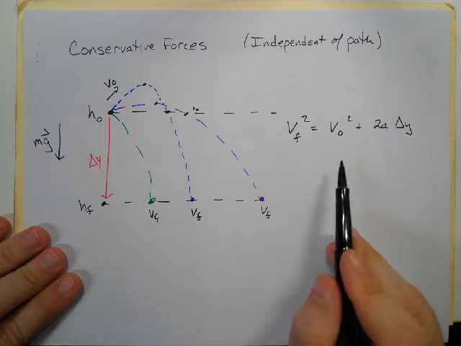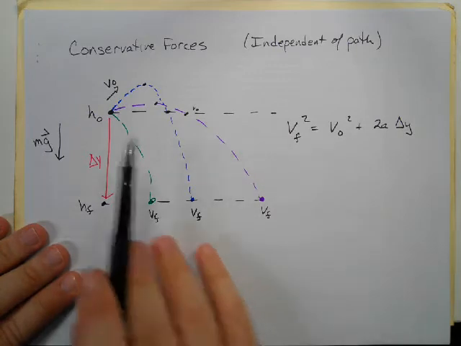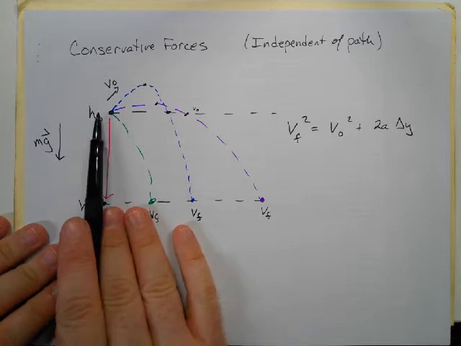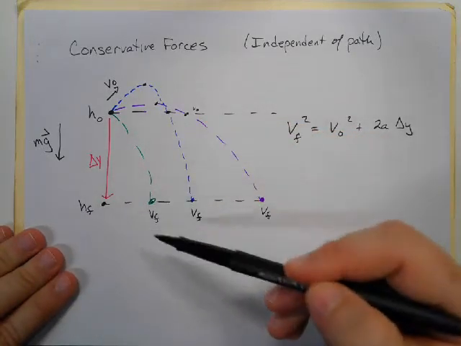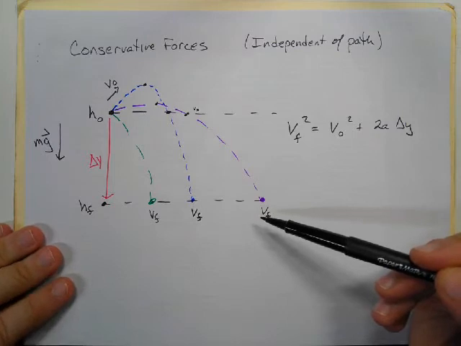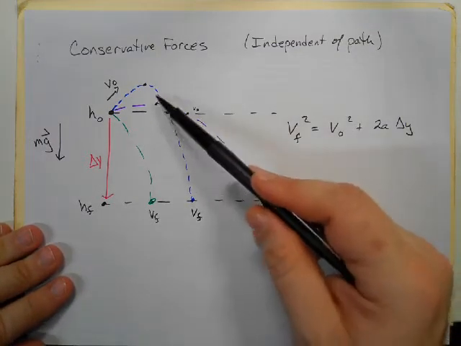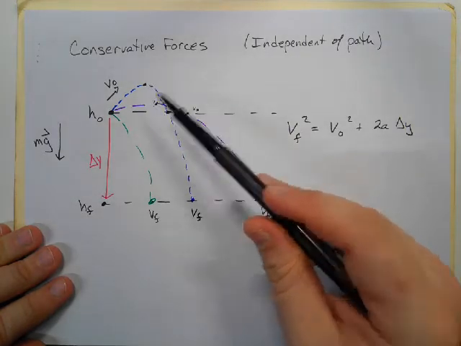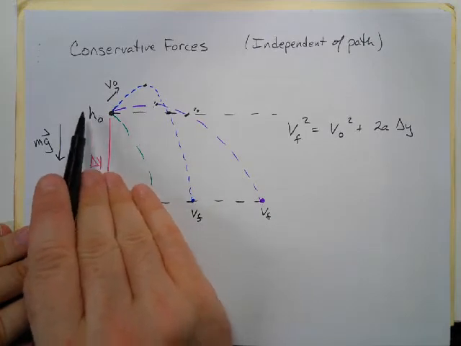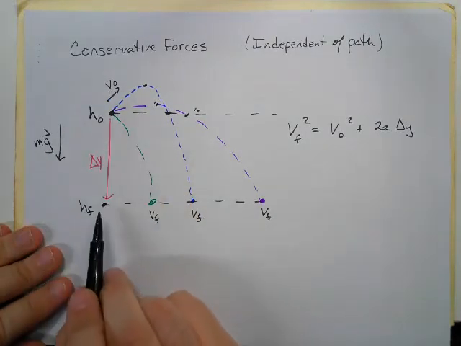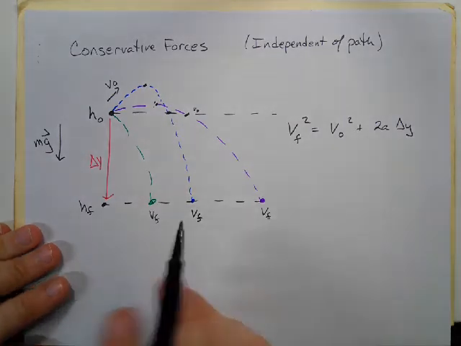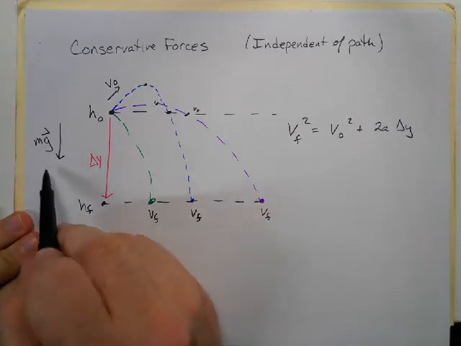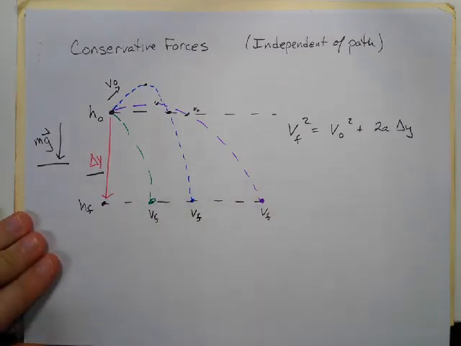But this doesn't tell you anything about where this goes. So if we do this with kinematics, we would get the same v final down here no matter what the path is. Now we would get different heights for these velocities being 0, but ultimately this h initial having v initial here results in this h final having this v final independent of the path. The only thing that seems to matter is this particular force and this particular displacement.